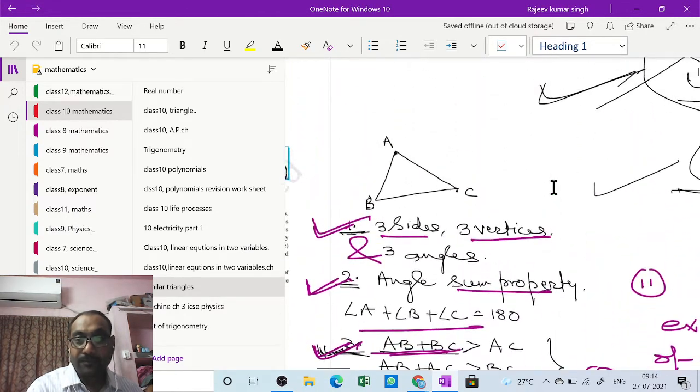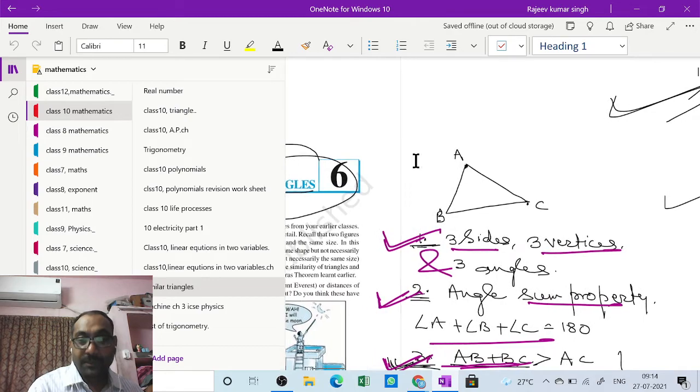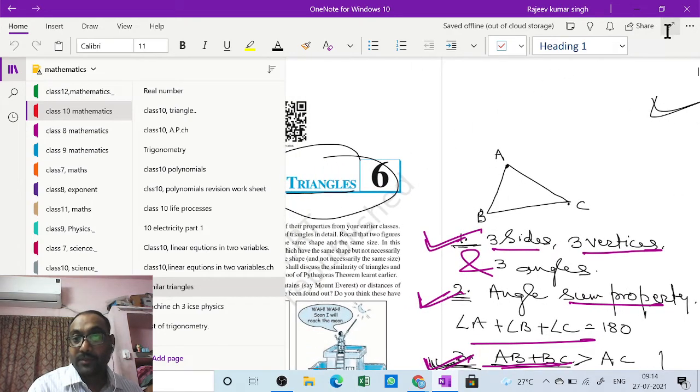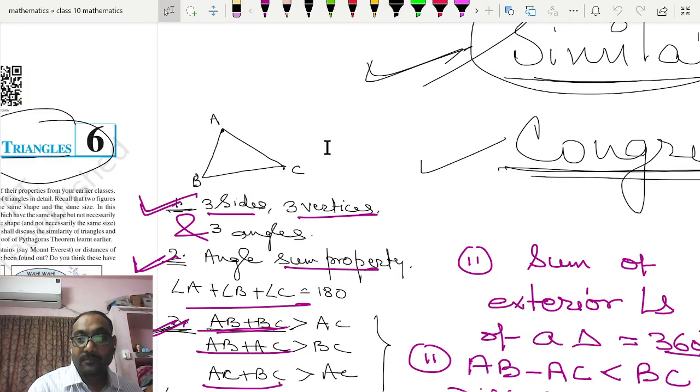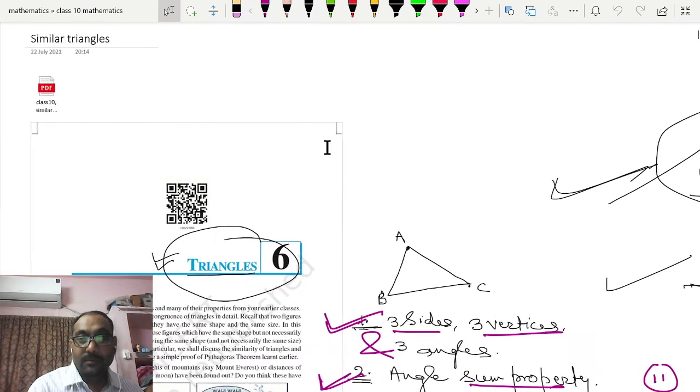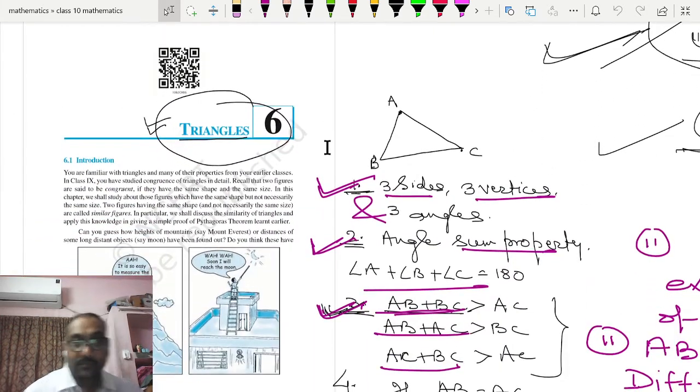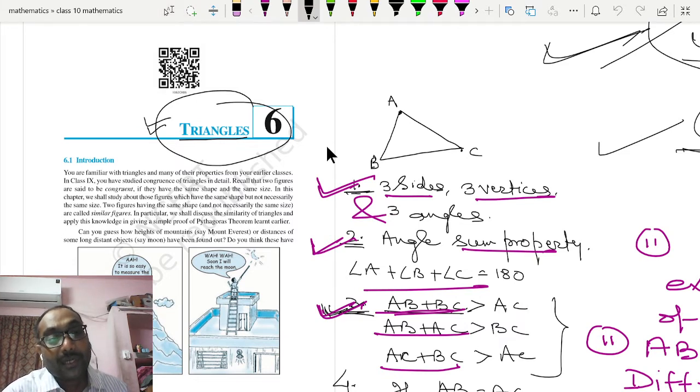Now, today we will start a new chapter that is called Similar Triangles. This belongs to the chapter of geometry. Now, at first, starting with similar triangle, we should know what is a triangle, how these